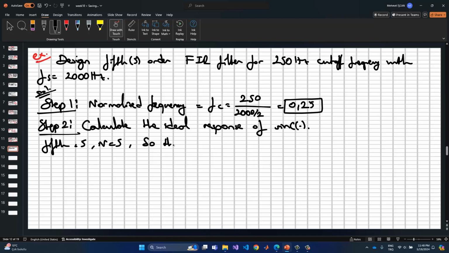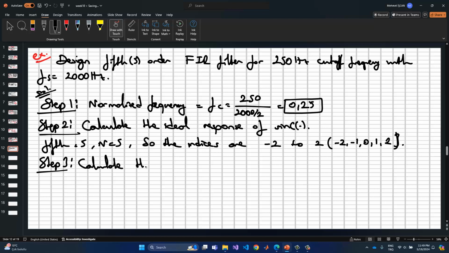So the indices are minus 2 to 2, or minus 2, minus 1, 0, 1 and 2. These are the indices. And step 3, calculate the coefficients,